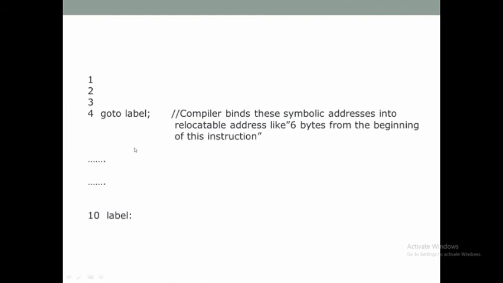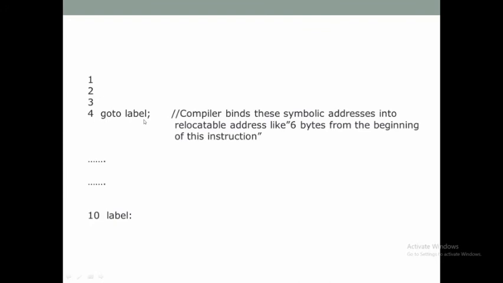Okay, I can show this example also. Suppose you have a jump statement like this, where we say that it has to jump to a location called label. Okay, and the location of label is 6 bytes away from this instruction. So for this, when compiling, if the starting address is going to change, then the compiler will not know the address of label also. So it cannot insert it during compilation when it produces the object module for the program.